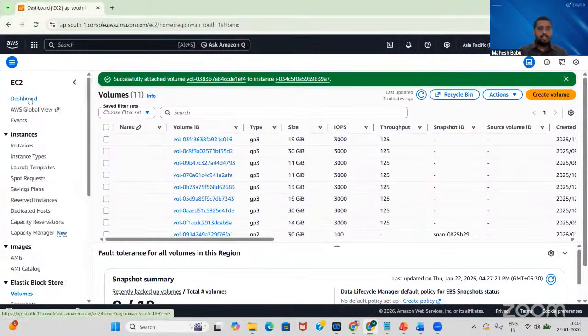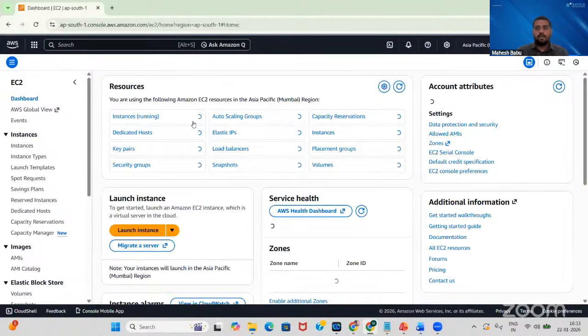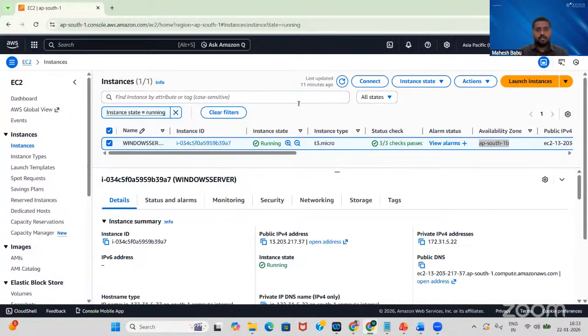Now come to the dashboard. Here we have which server? Here we have the Windows server present. The Windows server is going to have